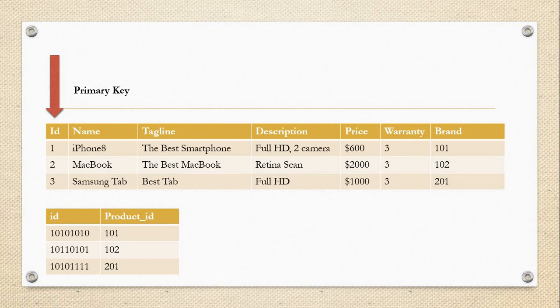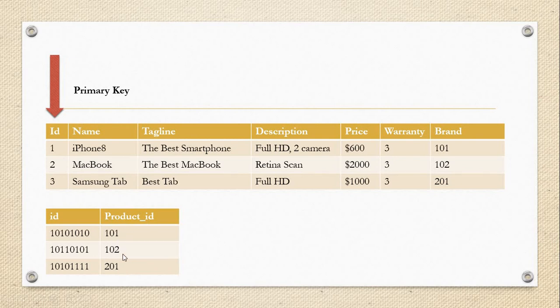In that section, if we have selected iPhone 8, this one is the unique number. Assume that this one is the unique number of that iPhone. If we select the MacBook, this one is the unique number of that. So this one is a product ID, this is a brand option. In that brand, this one is a primary key, and this product ID will be a composite key.